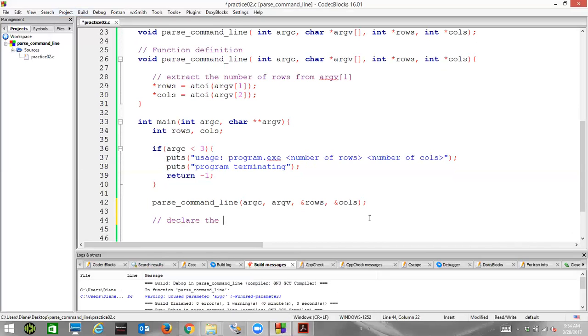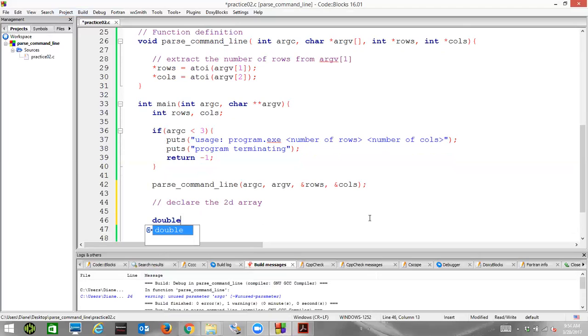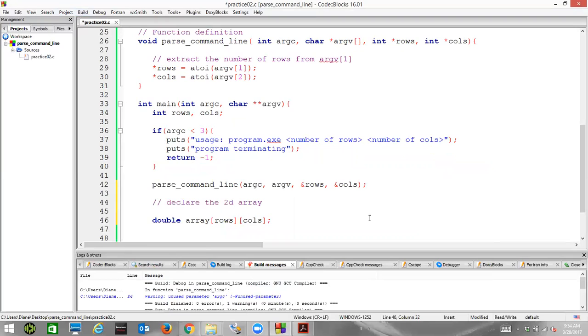Assume it really doesn't matter if it's an array of doubles, chars, ints, whatever it is. If it's an array of doubles, we might say, hey, rows, columns, right? But 0 rows doesn't make any sense. We might want to then say, actually, if rows is less than or equal to 0 or columns is less than or equal to 0, we're going to say error reading command line arguments,